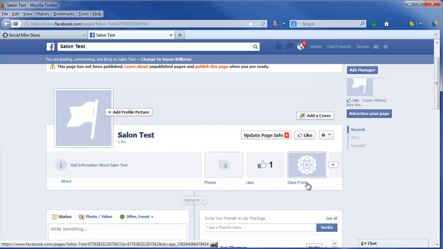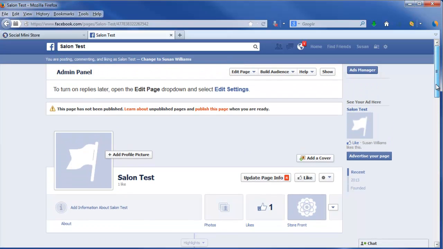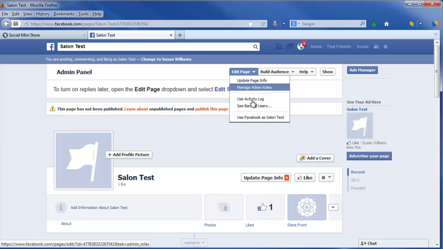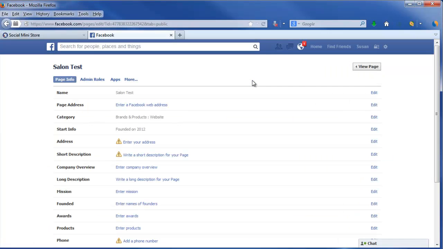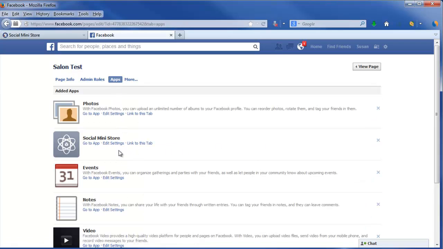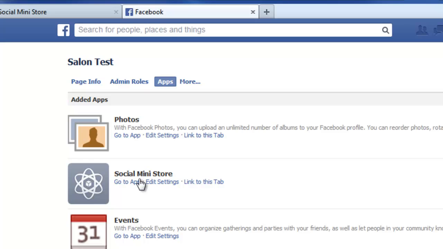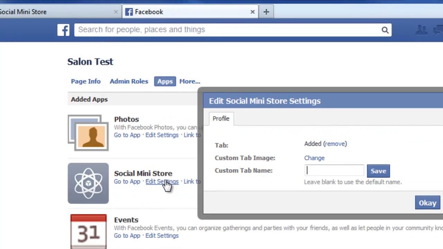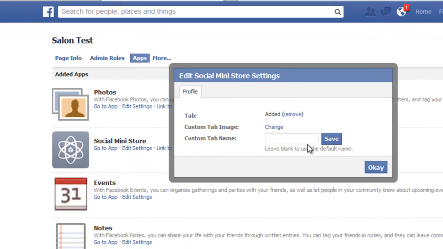And what if I wanted to change the wording so it didn't say storefront or change the image? Well, that can be done within the fan page itself by admin, going into edit page, update page info, choosing apps, finding the social mini store, edit settings, change the tab name, My Store, or whatever you want,